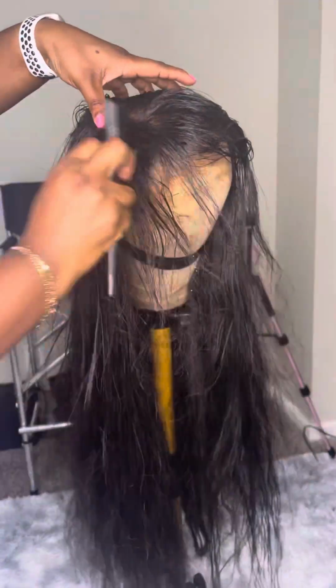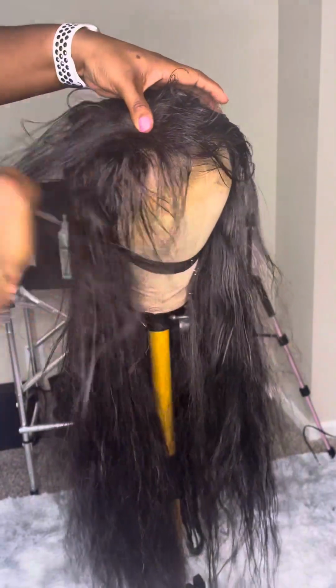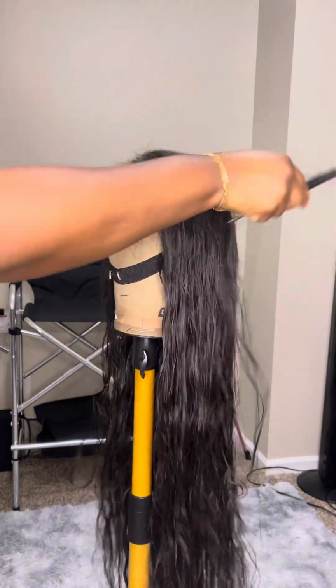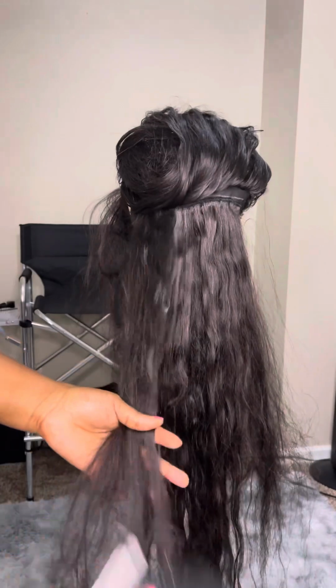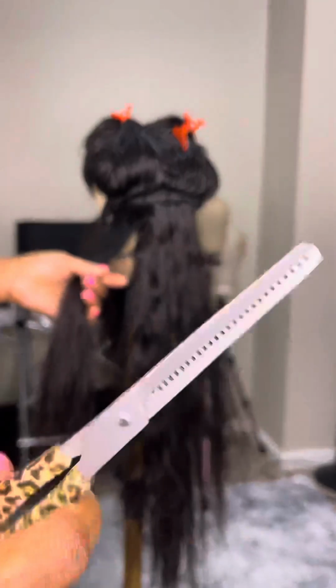But here we are. I am finally getting through with this closure. Guys, it was a hassle, but finally, by the grace of God, I finally finished detangling this wig, guys. I am so happy, so excited. So I decided to go in sections to rebrush it. I also decided to use this